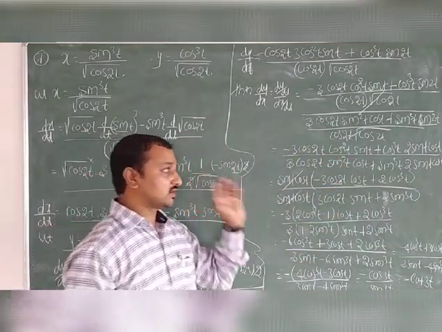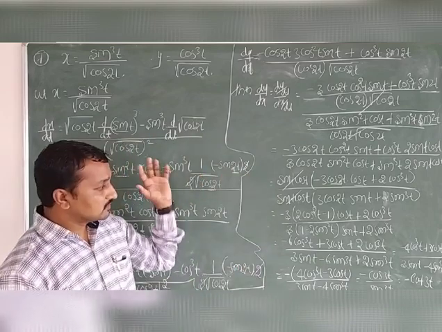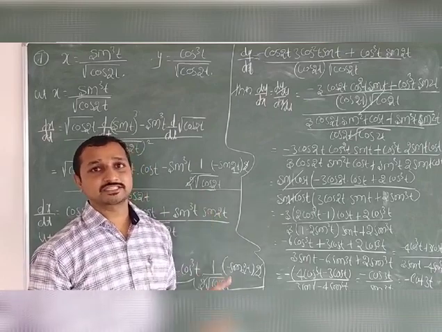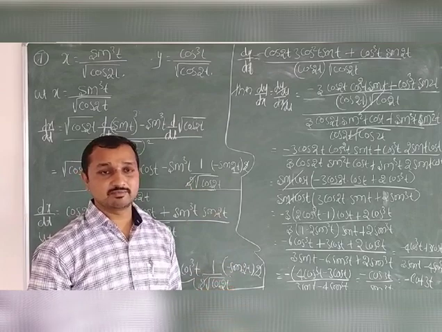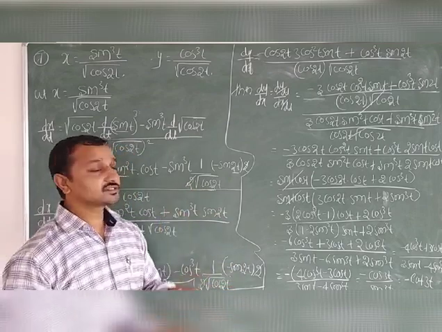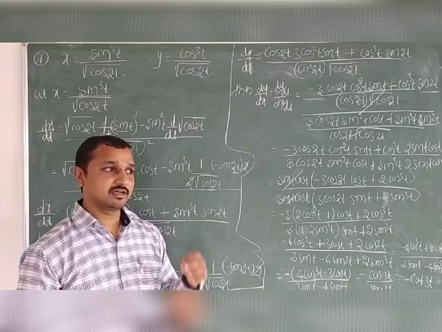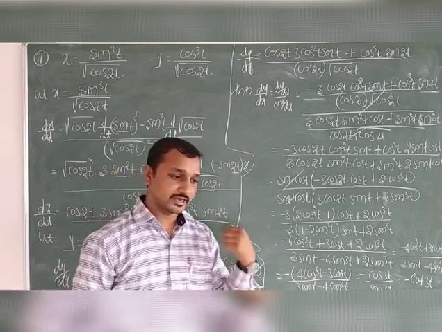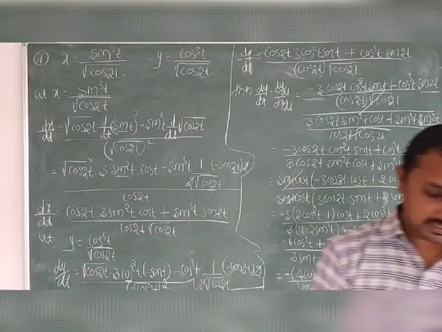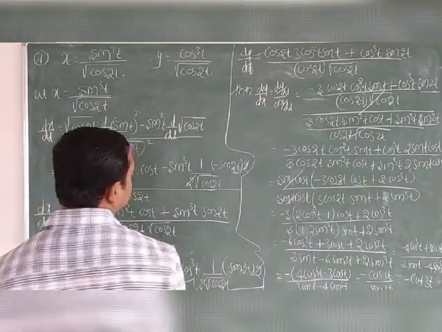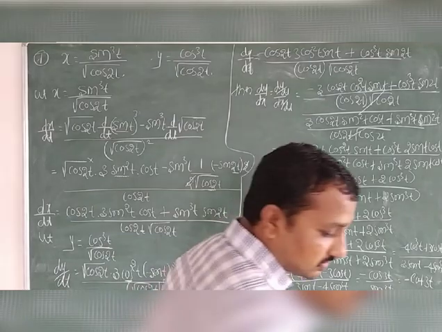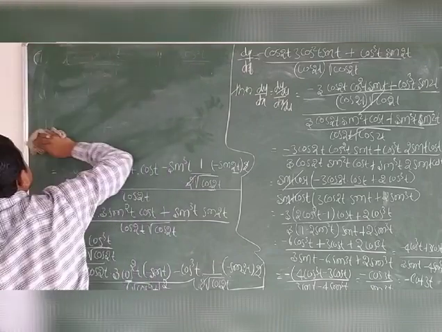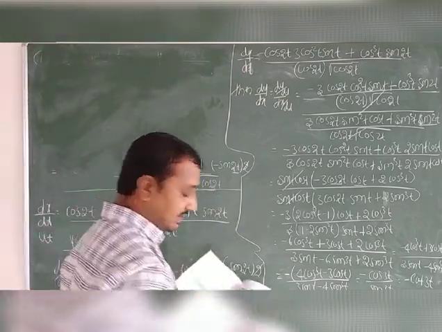So students, this is a very lengthy example. That's why I solved this example last. So solve this example, and if you have any doubt, you can call me or text me. Okay, write down this example. Here the parametric form is there, one example, so I can give it as homework. First write down this example, I am giving this example as homework. Try it yourself. This is also a very easy example and a textbook solved example.